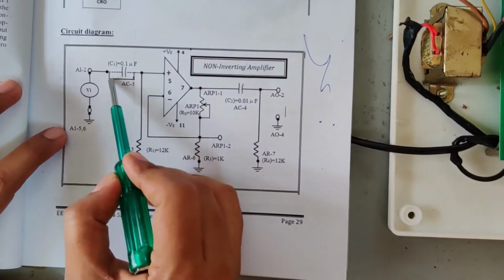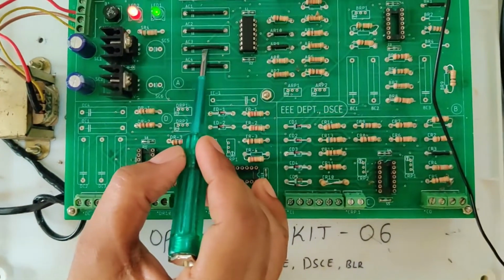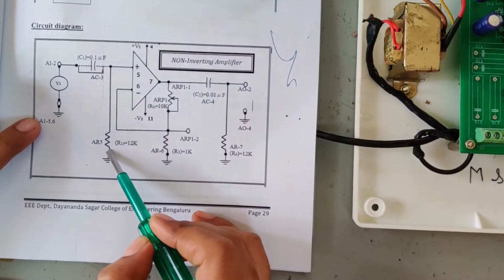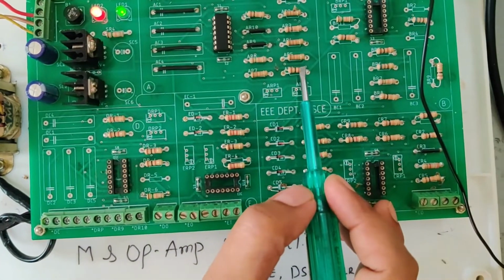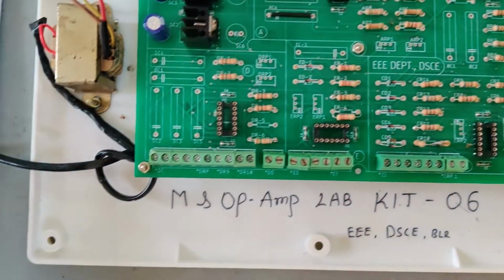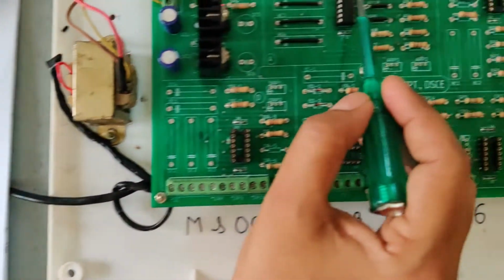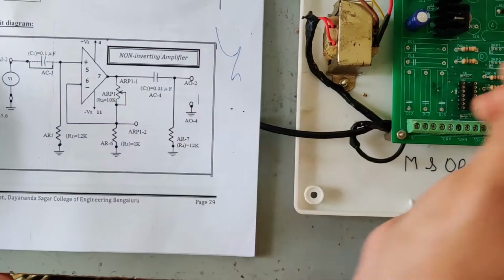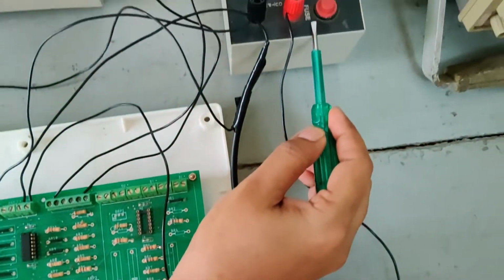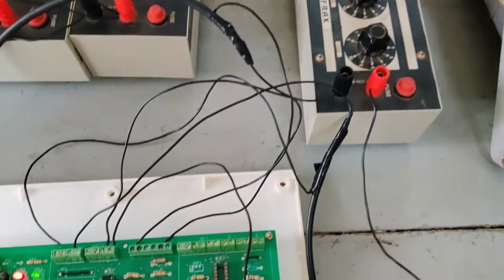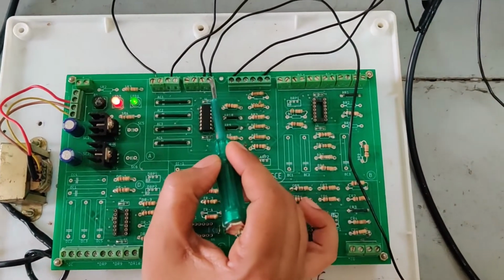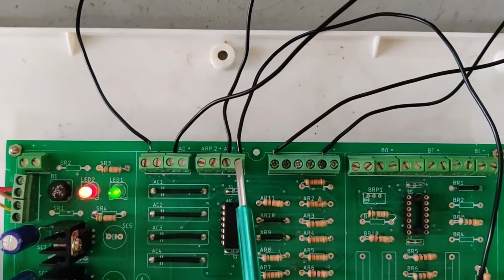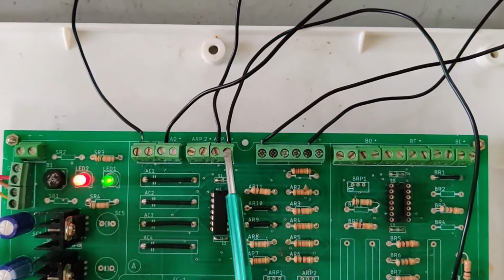Then from here it has to be given to AC3, that is already internally connected in this board. This is your AC3. Next from this it has to be connected to AR5, that is also internally connected here. This is your AR5, and this is your amplifier, that is your IC which we have connected over here. And this one is your ARP1, that is your decade resistance box which we have connected externally. So this connection we are giving to ARP1, that is this point. This is your ARP1, this is your ARP12. So the decade resistance box connections are given to these 2 points.